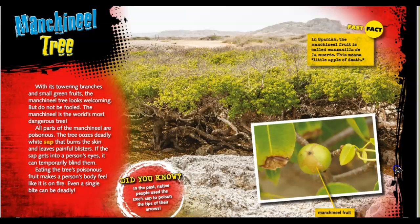If the sap gets into a person's eyes, it can temporarily blind them. Eating the tree's poisonous fruit makes a person's body feel like it's on fire. Even a single bite can be deadly. Did you know in the past native people used the tree sap to poison the tips of their arrows? Fast fact: in Spanish, the manchineel fruit is called